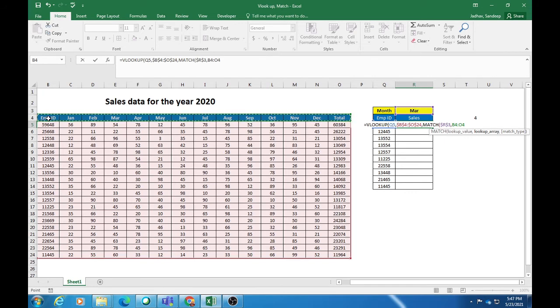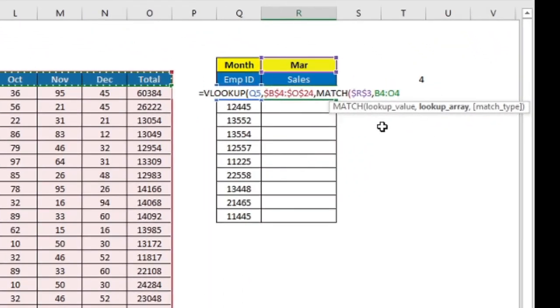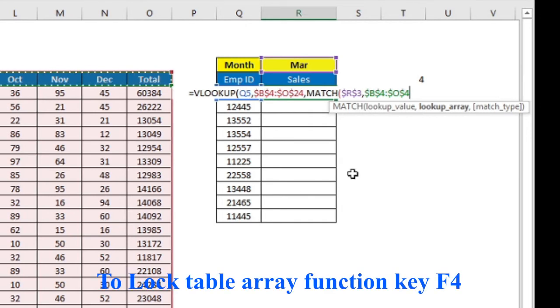I will select it from employee ID because my column index number should start from employee ID, because that is my lookup value. Again I will lock this because I want to copy this formula from here to here. I don't want to change this range again and again. I will press function key F4. Now the lookup array is done for the match function.